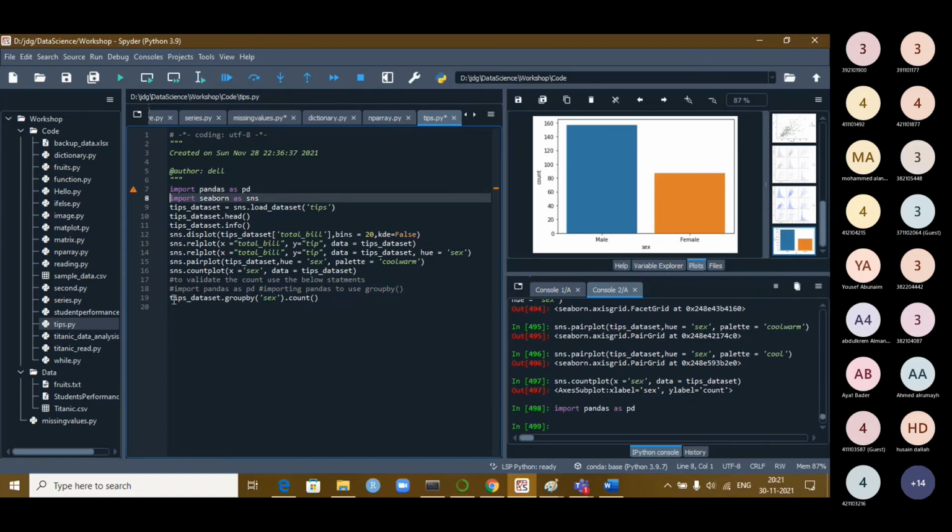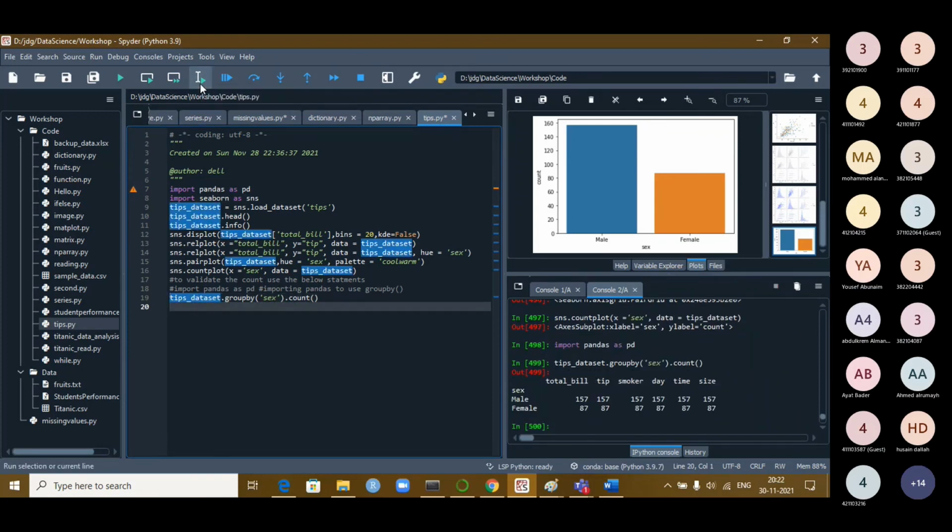It may give an error; if it is not giving an error, no problem, only if it gives an error. So whatever you have seen in the document, this is the count you have: total bill, tip, smoker, day, and 157 are male and 87 are female. So you see how advantageous it is for us to look at now.